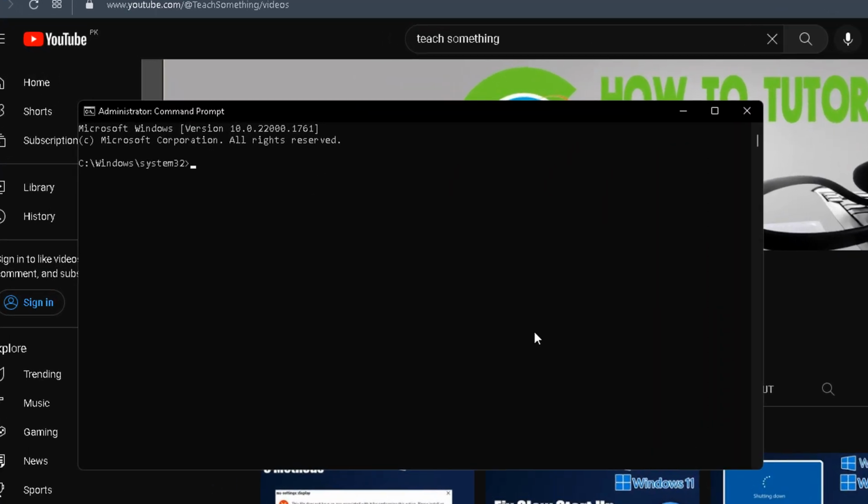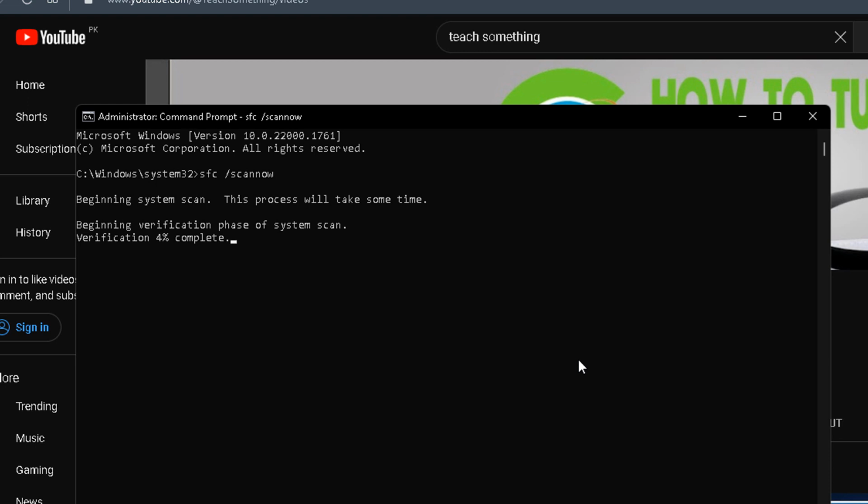After opening that, type the command sfc space slash scannow and press enter. After completing that, type the command